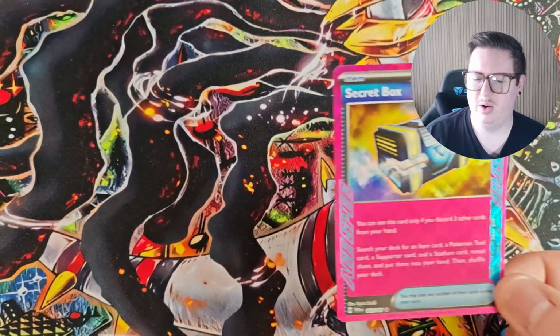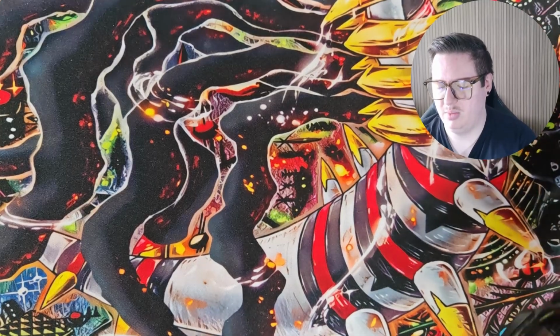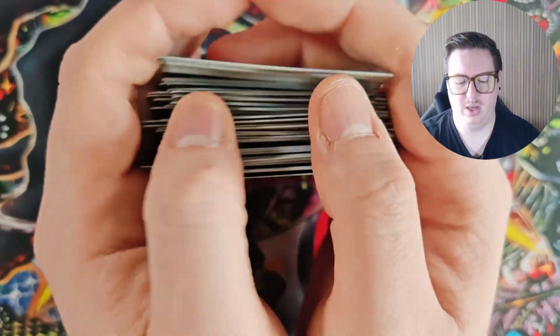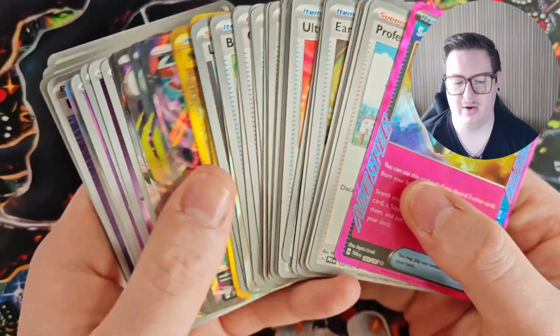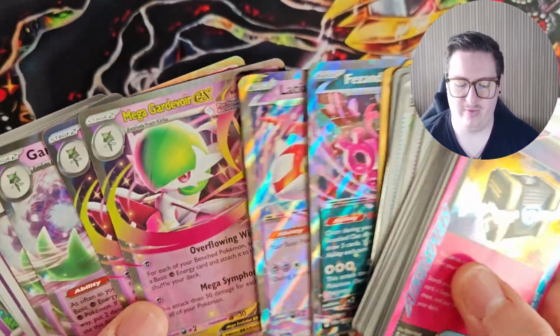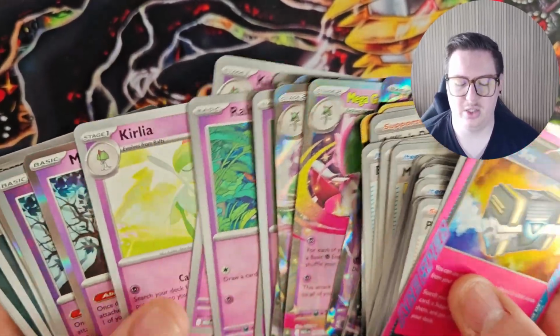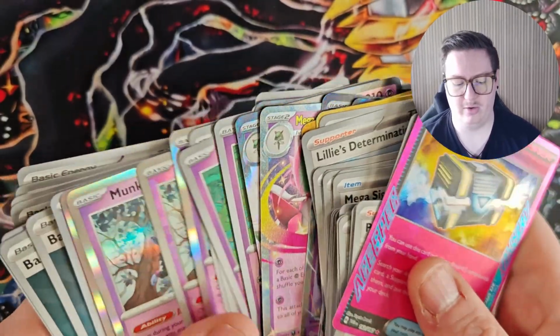Now, the big theme of this deck overall is just making sure that I have as much mobility as possible to draw cards, get them into my hand from my deck, know what's going to be in my prize cards by being able to flick through quite quickly, have as much firepower as I can, focusing around Gardevoir, and just having the ability to jump from Ralts straight into a Gardevoir EX or a Mega Gardevoir, and